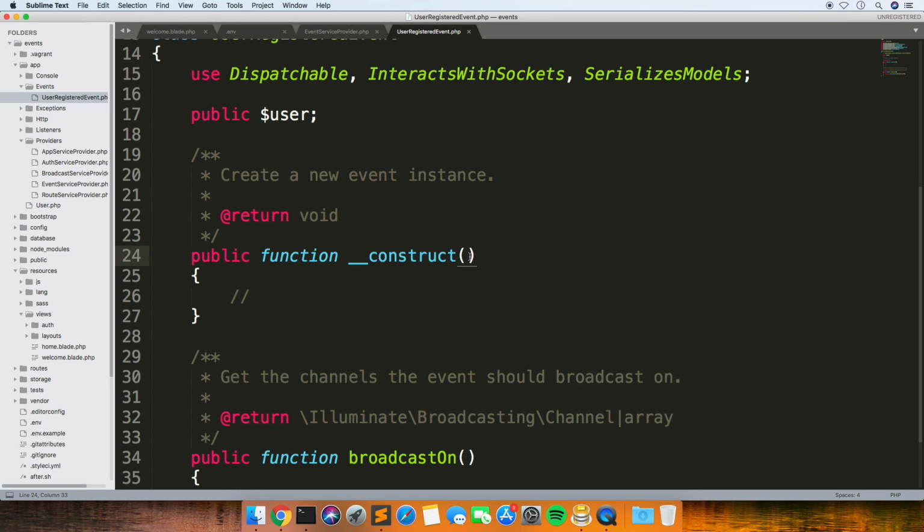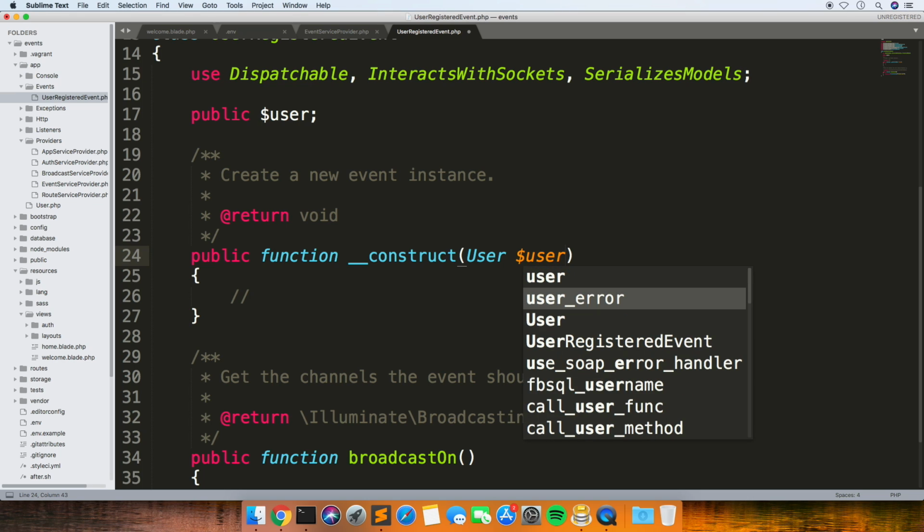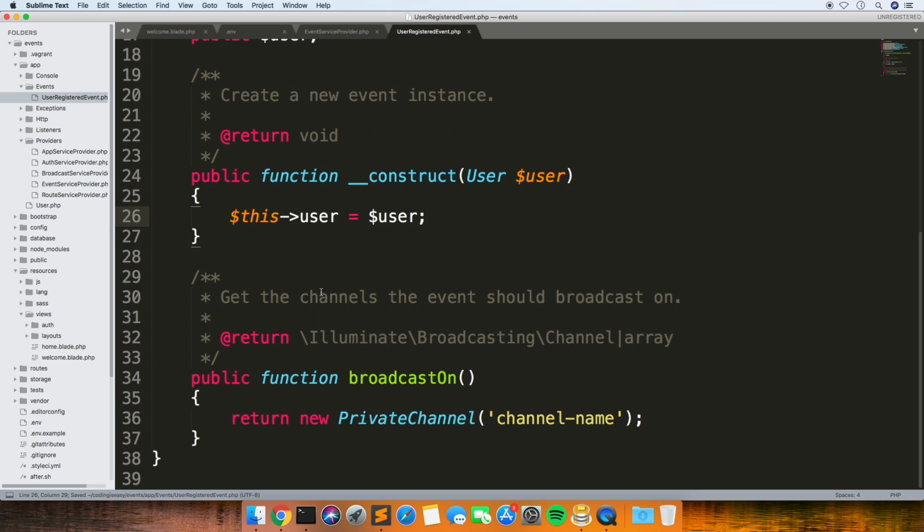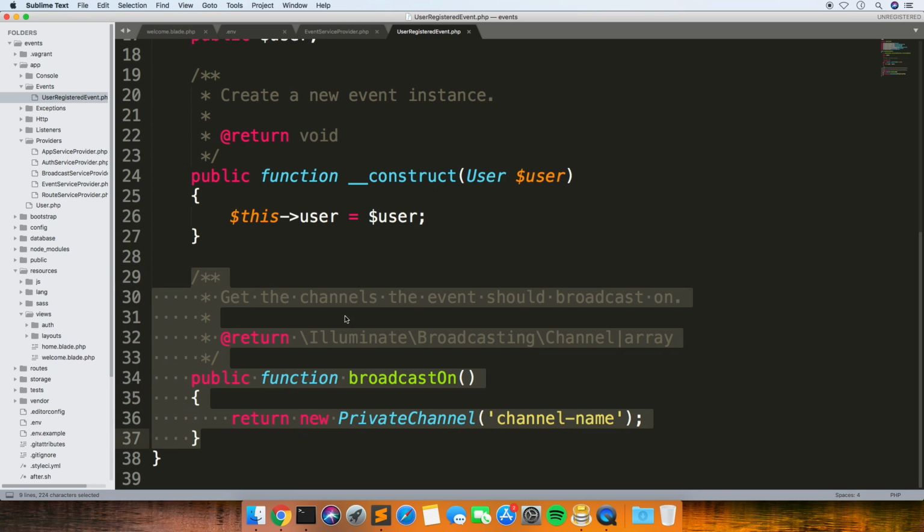And then they've just got order. So if you just do this, user equals user. And we don't actually need this at the minute. I'll leave it in there, but that's just for if you're using WebSockets.